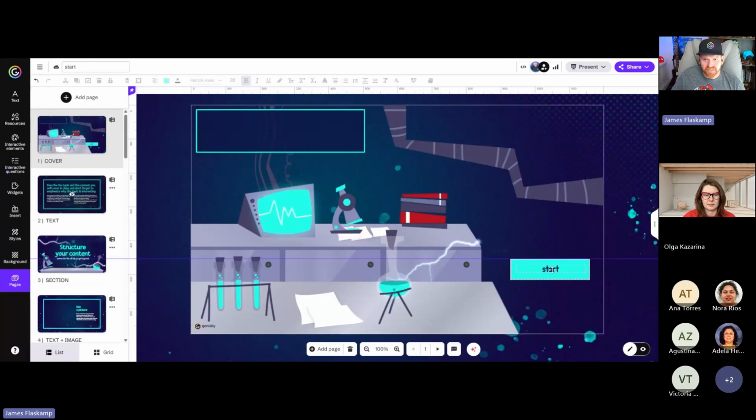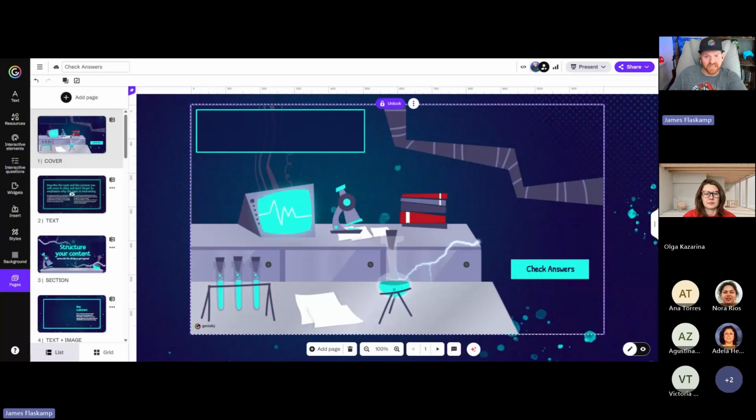I'm going to make this button my check answers button, so I'll just go ahead and change the text on this to check answers. We'll revisit that in just a second when we're setting up the check answer window. But now we're going to set up our drag and drop, which is surprisingly easy to do. Again, lots of things in Genially look like they were very difficult to set up, but it's actually surprisingly easy. In this case, drag and drop is definitely one of those things.